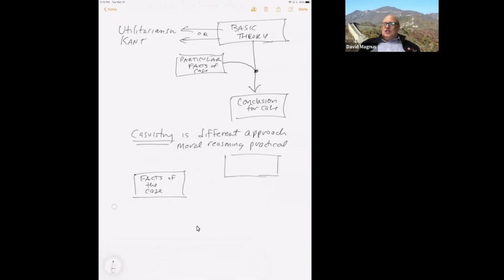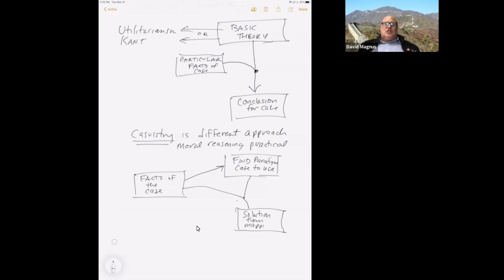Yes. So you're starting with the particular facts of the case, and then from the facts of the case, you try to figure out a precedent, an exemplar, a paradigm case of how you're supposed to handle cases like that. Just like in your homework, I've got a new problem that I'm supposed to solve. Let me think about the problems that I saw the professor work out in class to see if I can find one that's applicable. And then you use that to figure out how to solve the particular situation at hand. But one thing that's important to note, that decision is only provisional.